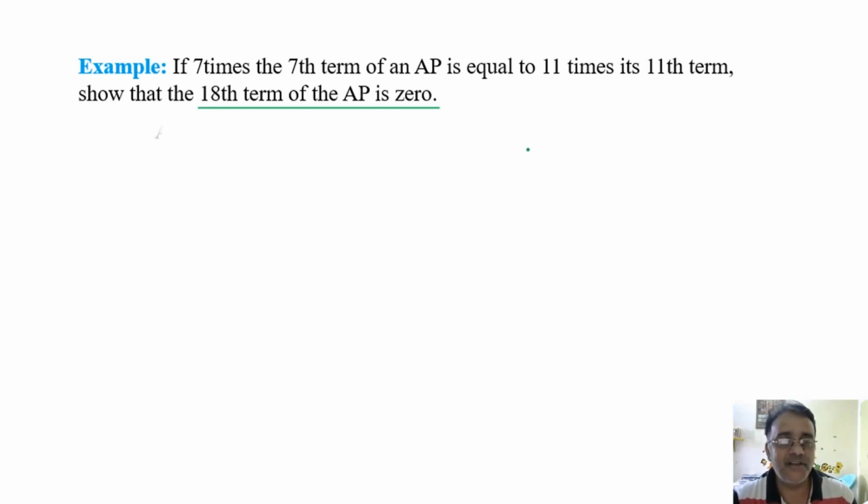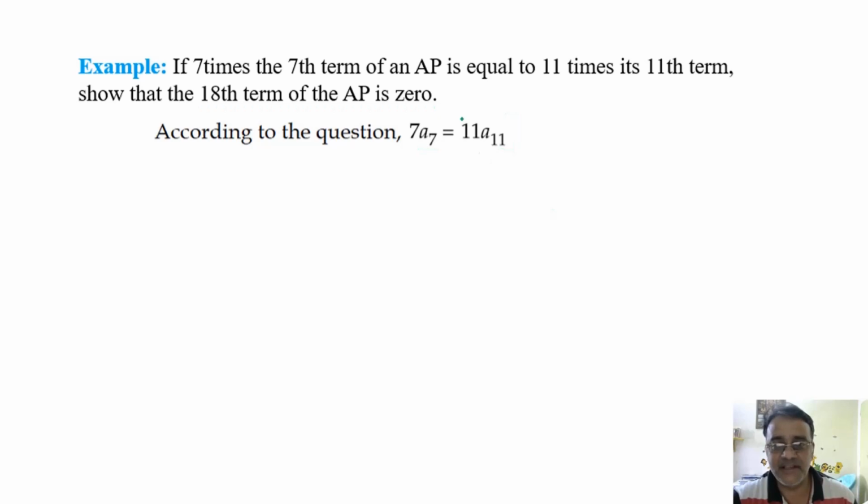Okay, so what is given that 7 times the 7th term means 7A7. 11 times its 11th term means 11 into A11. Whether this is clear? Yes, sir. Okay, what is A7? A plus 6D. Very good. And what is A11? A plus 10D. Right, so we'll substitute A plus 6D, A plus 10D. Now we'll multiply. So what we are going to get, 7A